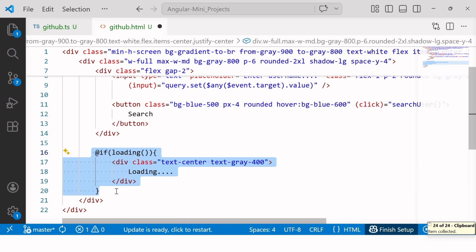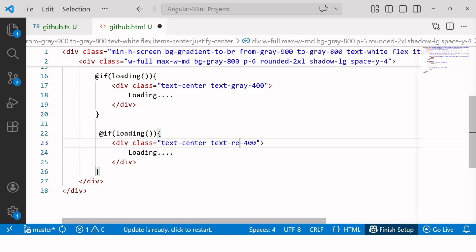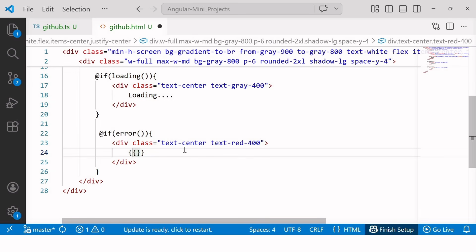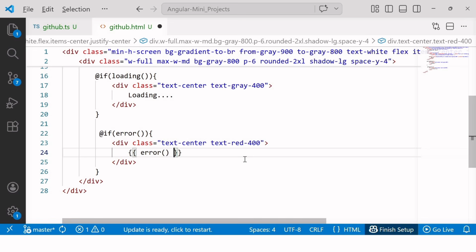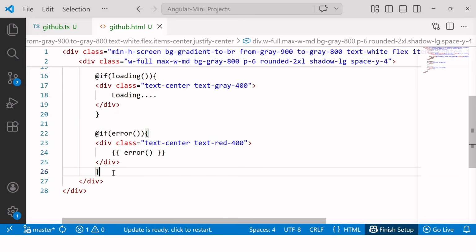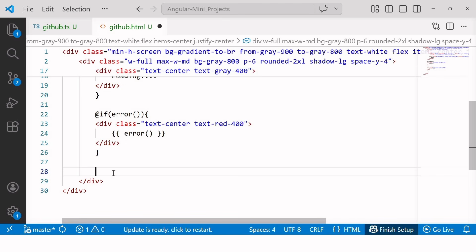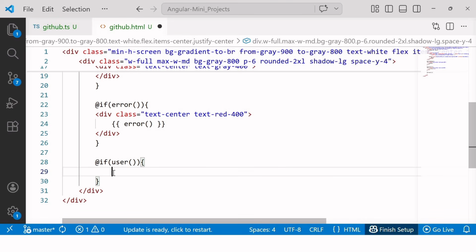Now, similarly, I'll use another @if block to display the error messages in red text. And here, instead of loading, I'll call this signal using string interpolation, error with round braces. So these two conditions make the UI responsive to different states of the application. Now, after the loading and error messages, I wish to display the user data. And for that, I'll again use the @if block with the user signal so that the card only appears when